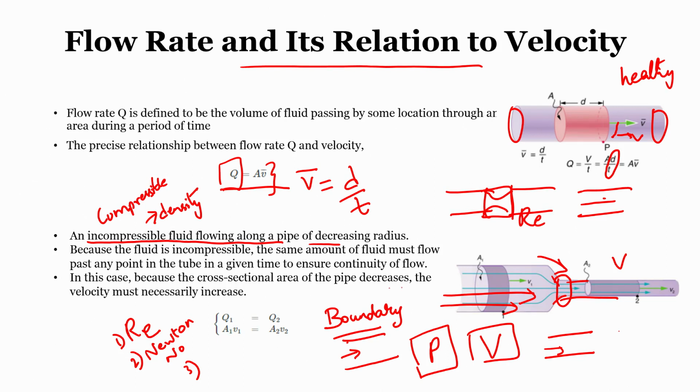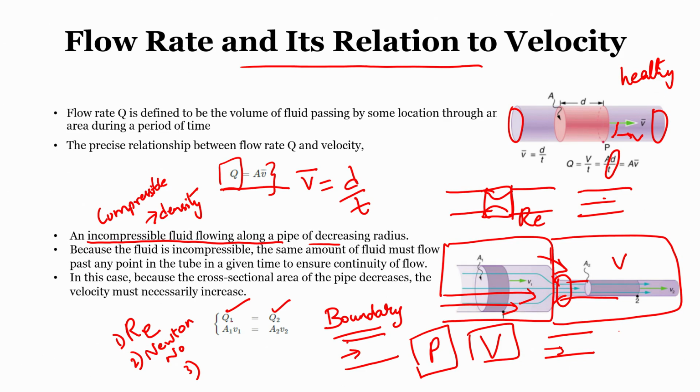Now, we know that the same fluid is flowing through these. So, the volumetric flow Q1 in this region should be equal to the volumetric flow of the fluid in this region. When we equate the two parameters, although the pipe cross section area reduces, how are the other two?